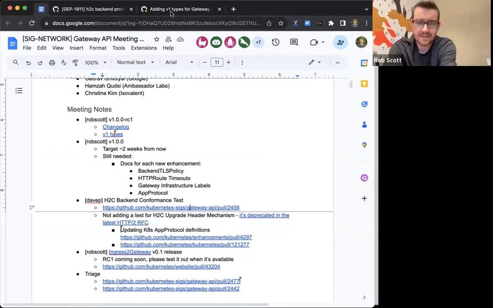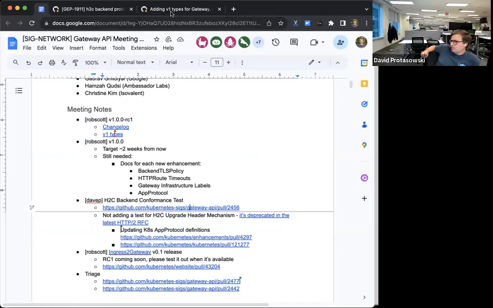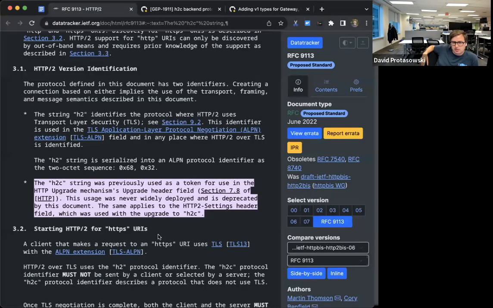And sorry, can you clarify what was marked deprecated specifically? Yeah, if you click on it, it's deprecated in the latest HTTP2 RFC. There's an HTTP upgrade mechanism when you do an HTTP1 connection to upgrade to a different protocol by specifying H2C as a string. It has the same mechanism for WebSockets. So the H2C one is to say, hey, switch to HTTP2.